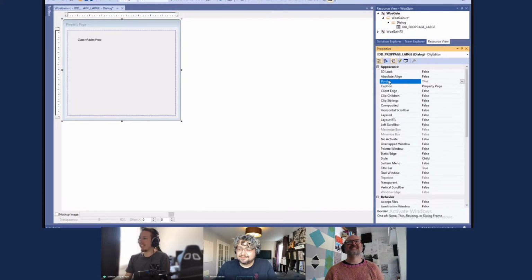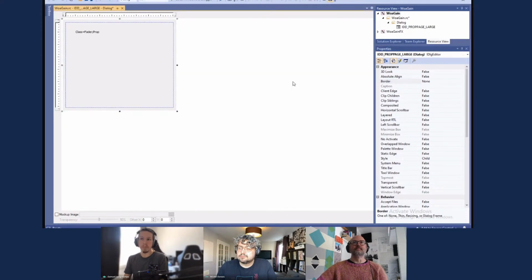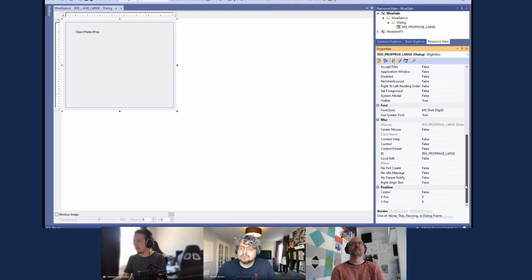So the last thing is just aesthetic. So the main dialog here, you can have a border. We don't really need it in Wwise, so we're just going to put it into none. So it's essentially just going to be a flat dialog with our control in the middle. That's what we want. I saved this thing, Control S,